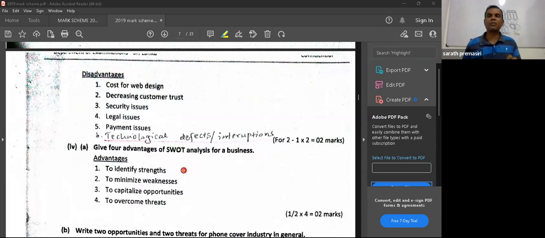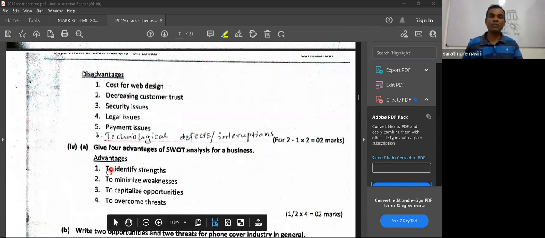When a business person studies the business environment, he is able to understand his own strengths, his own weaknesses, identify opportunities with regard to the business, and identify some threats regarding the business. So the major advantage of SWOT analysis is that the businessman is